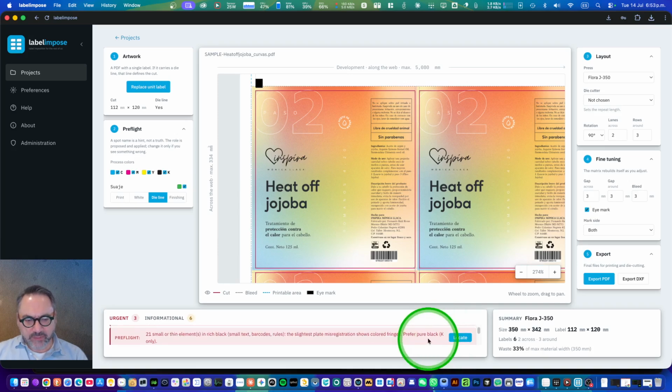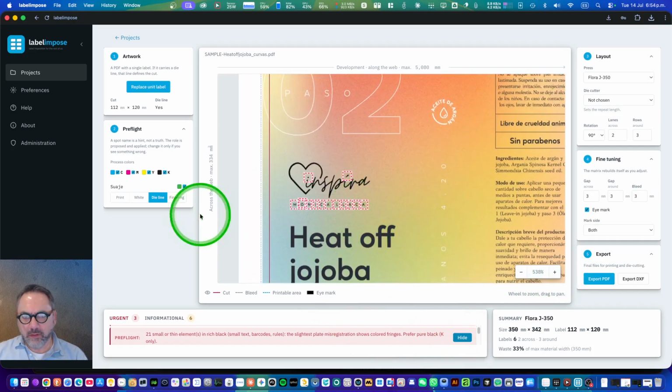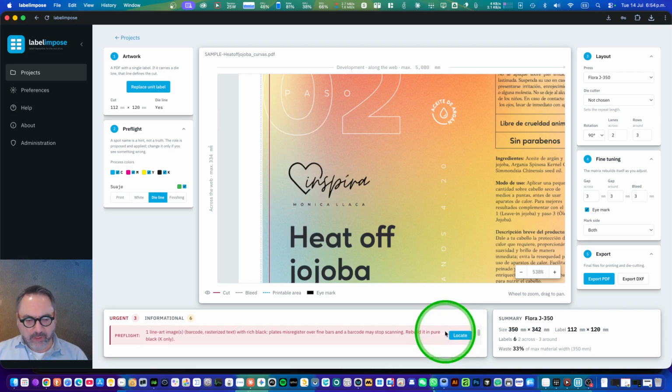We have a second message that says we have 21 small or thin elements also in rich black. We see here it's also a part of the logo. So I believe it is not a problem, so we can hide that highlight. We have a third